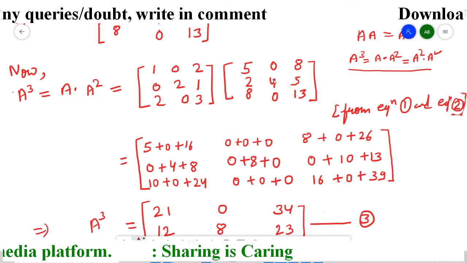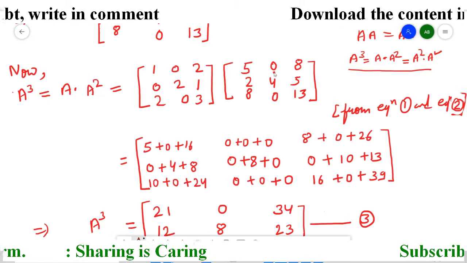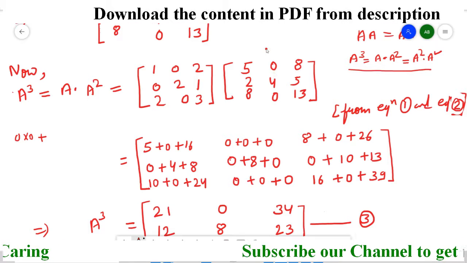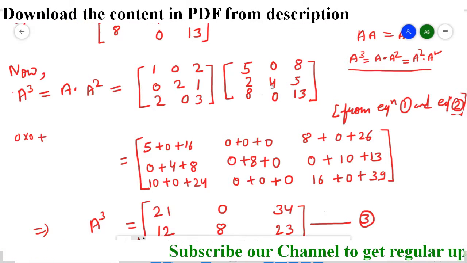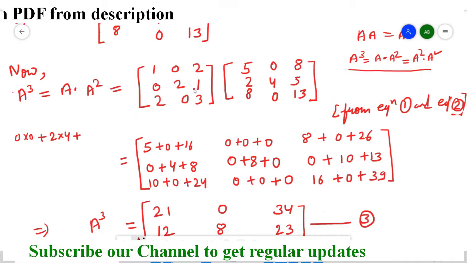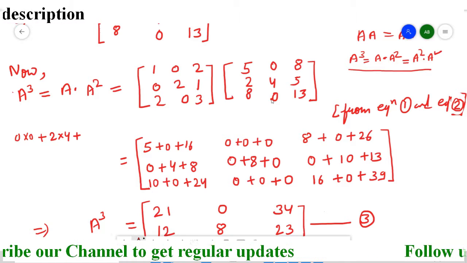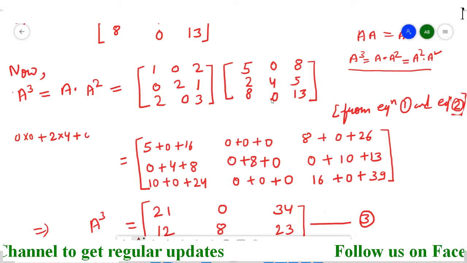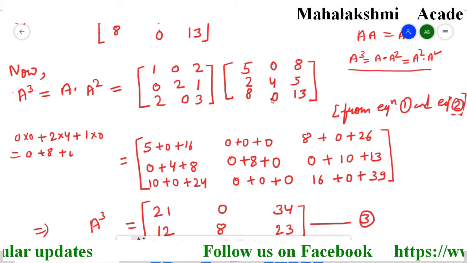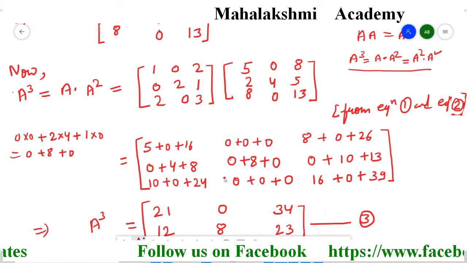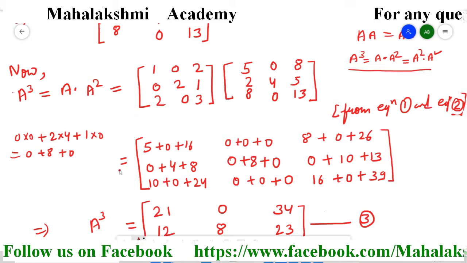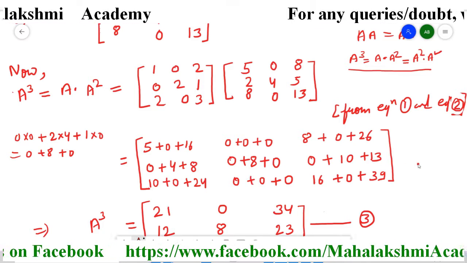So second row multiplied by the second column. So 0 multiplied by 0. So we will get here 0 multiplied by 0 plus then 2 multiplied by 4, plus then 1 multiplied by 0. So second row and second column we multiplied. Its answer is 0 plus 8 plus 0. So this calculation I directly entered here. So now onwards you also start to enter it directly. So like this roughly I had entered the calculations here.